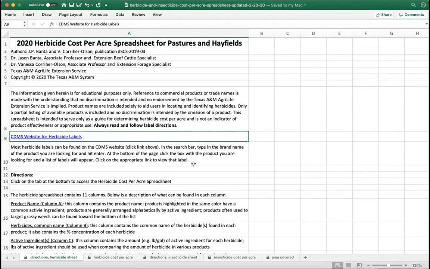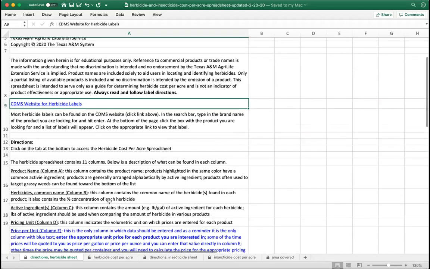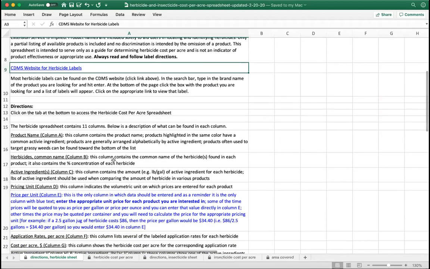It doesn't have all the grids. You won't have that issue unless you've changed your page orientation, where you end up with 6 pages and part of your text is on all 6 pages and it's like a puzzle and you have to put it together. Sometimes that can happen in Excel, but we fixed it so it prints a very nice single page. So this gives you all of the information, the directions on how to use the spreadsheet,